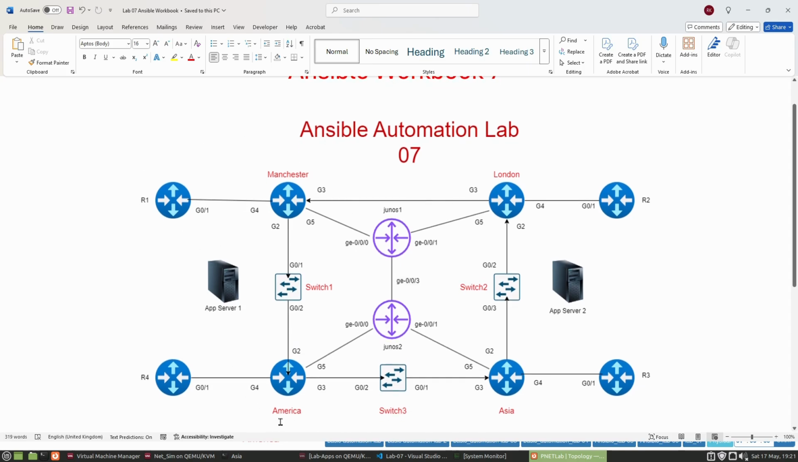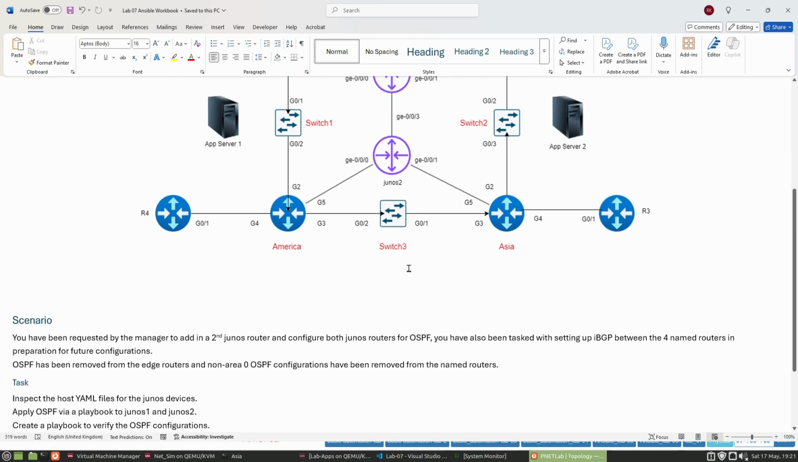Okay, so we have, as we can see here, another Junos router has been added into our topology. Our scenario here is we've been requested by our manager to add in the second Juniper router and configure both routers for OSPF. We've been tasked with setting up iBGP between the 4 named routers in preparation for future configurations, and OSPF has been removed from the edge routers, and the non-area 0 OSPF configurations have been removed from the